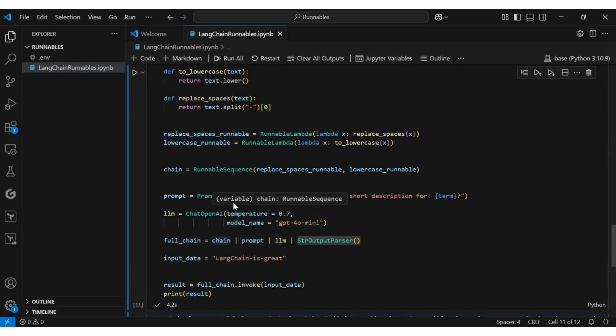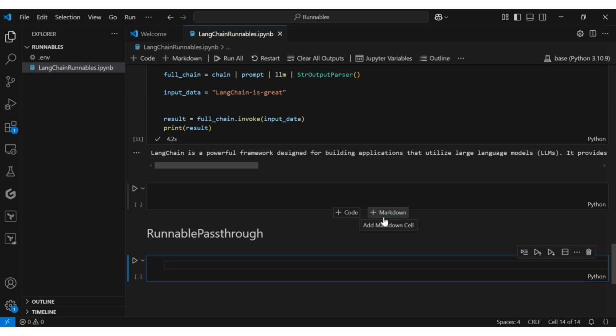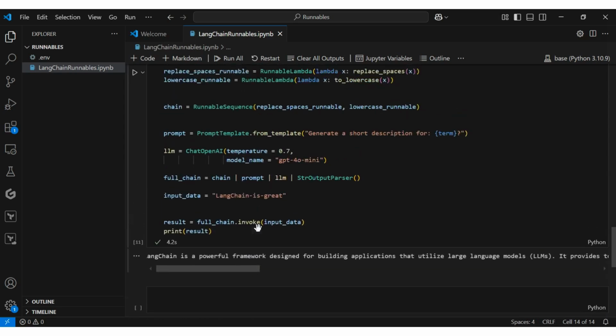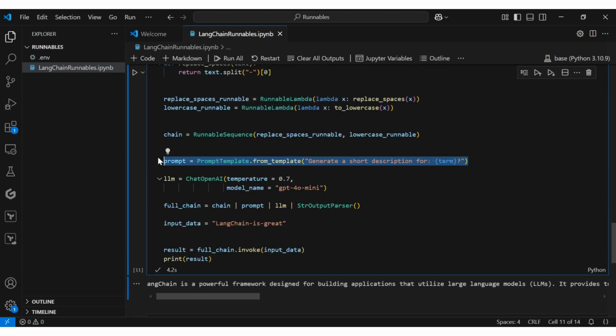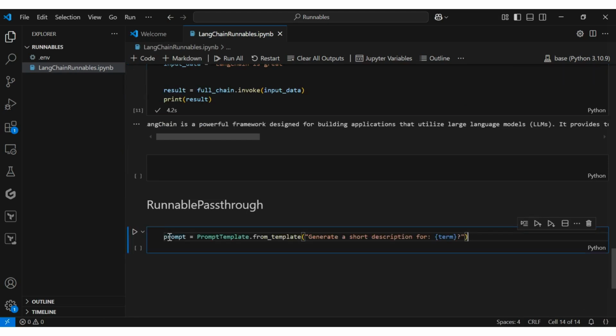So now we have looked at how we can use the RunnableLambda and the RunnableSequence. The next thing we're going to look at is the RunnablePassthrough. So let's copy what we have from our earlier prompt templates. But here we're going to do something like, okay, so let's say what is